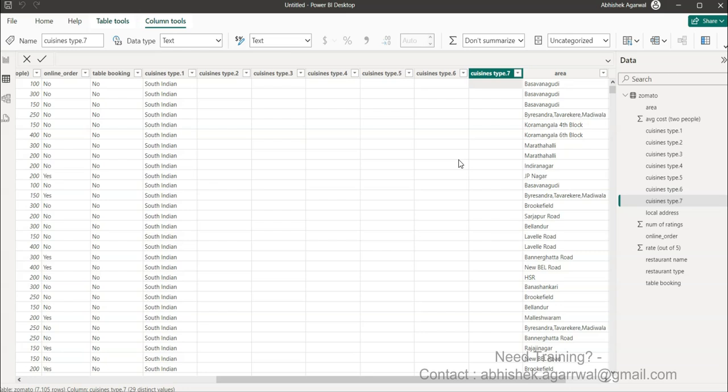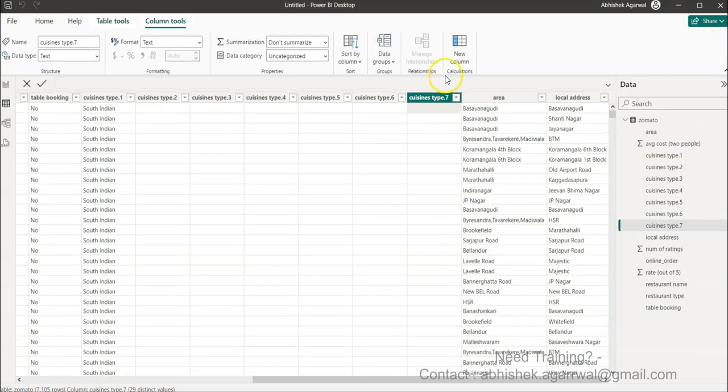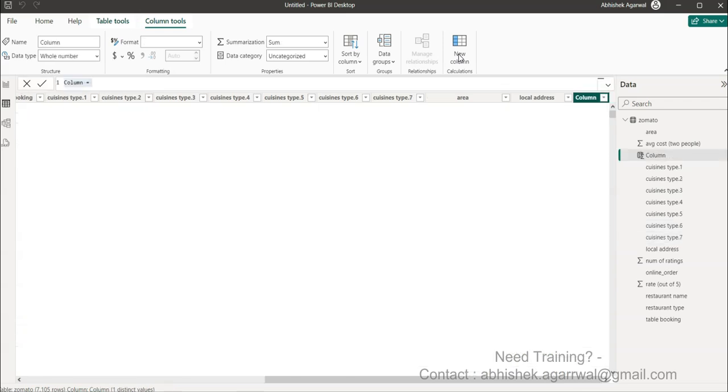Once we know that this is South Indian and this is North Indian, we will create one more column which specifically says whether it is South Indian, North Indian, or both. Let me show you how we can do that, because this is very interesting, right? So for that I'll expand this and create a new column, and our new column is basically